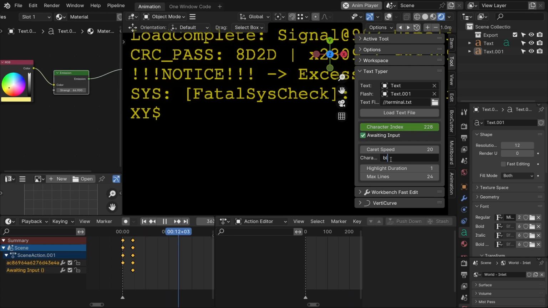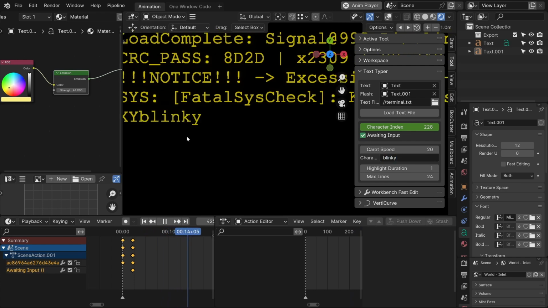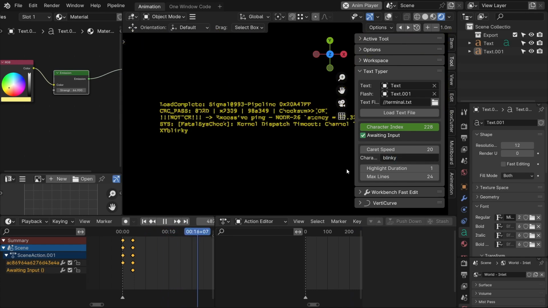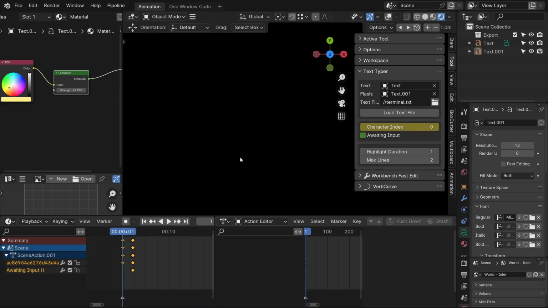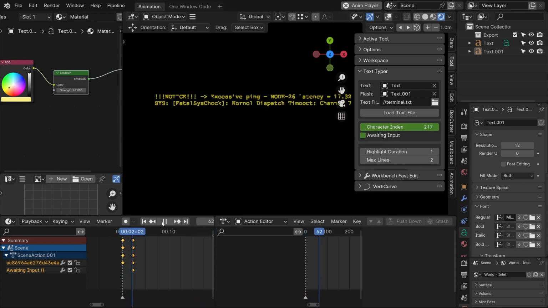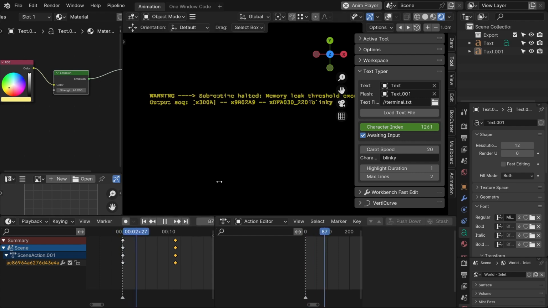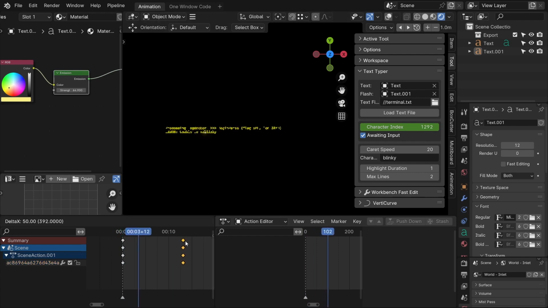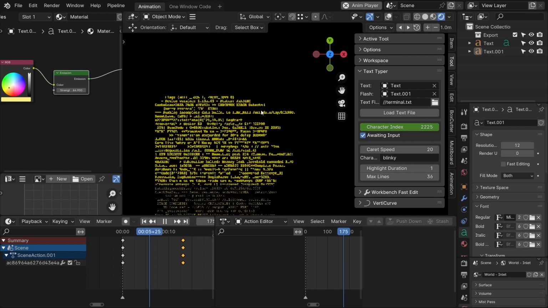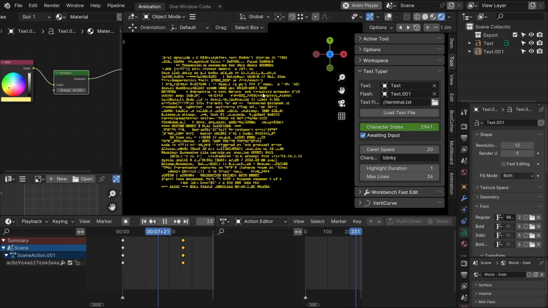Lastly, check out the max lines setting. Just like in a real terminal, you can cap how many lines appear. Once you hit the limit, the text scrolls up, keeping the newest line in view and pushing the old ones into oblivion, thrown into the garbage can, which smells of rotten potatoes! If you want to go the extra mile, there are settings for caret flash speed and highlight duration. Adjust these for just the right pace and glow.